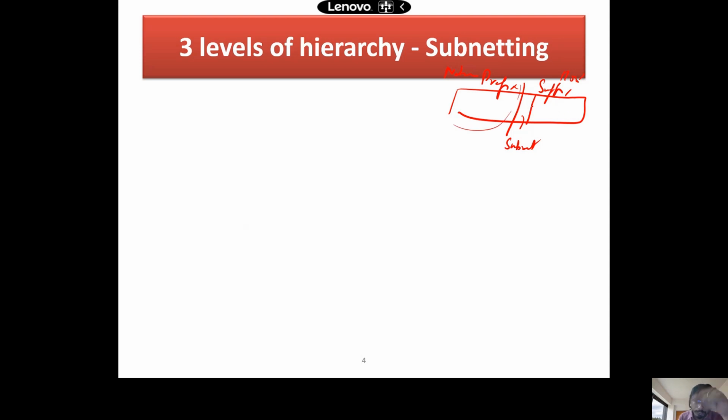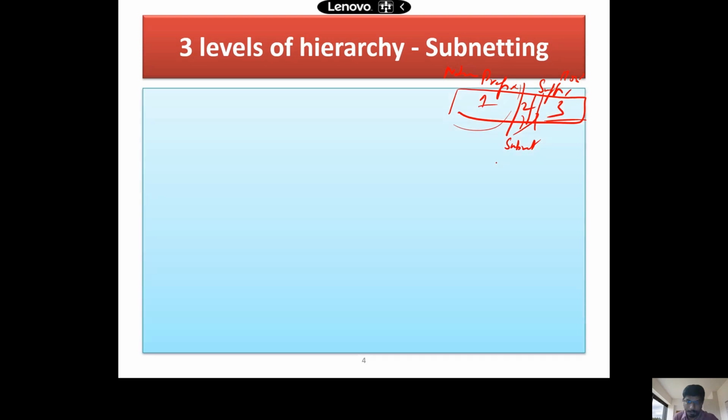And how do you identify every subblock? You need a few bits taken from that. That's depending upon the requirement of the hosts in every small block. I could identify how many bits I need to allot for the second level, right? So level 1, level 2, and level 3, right? It becomes a 3-level hierarchy. That's the point here. So again, whatever rules we applied for our general classless address block allocation apply even for our subnets. Okay, so how does it go?